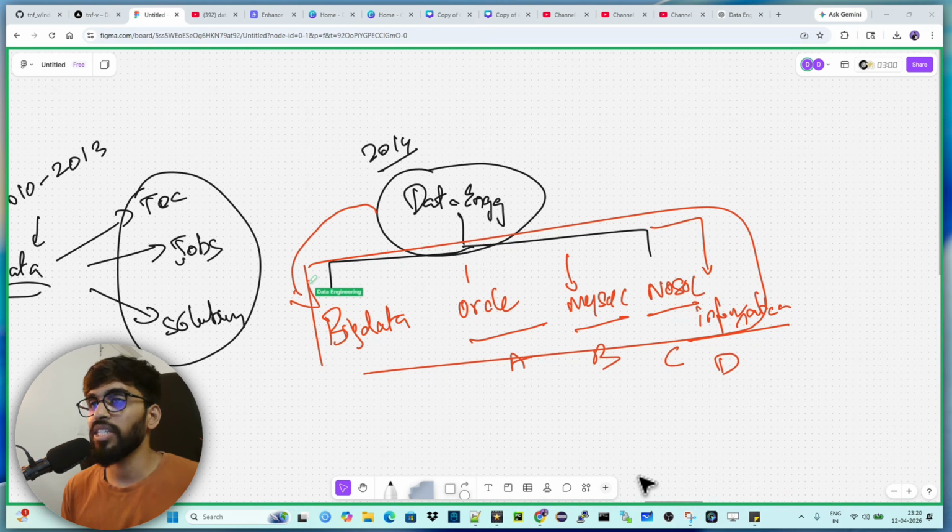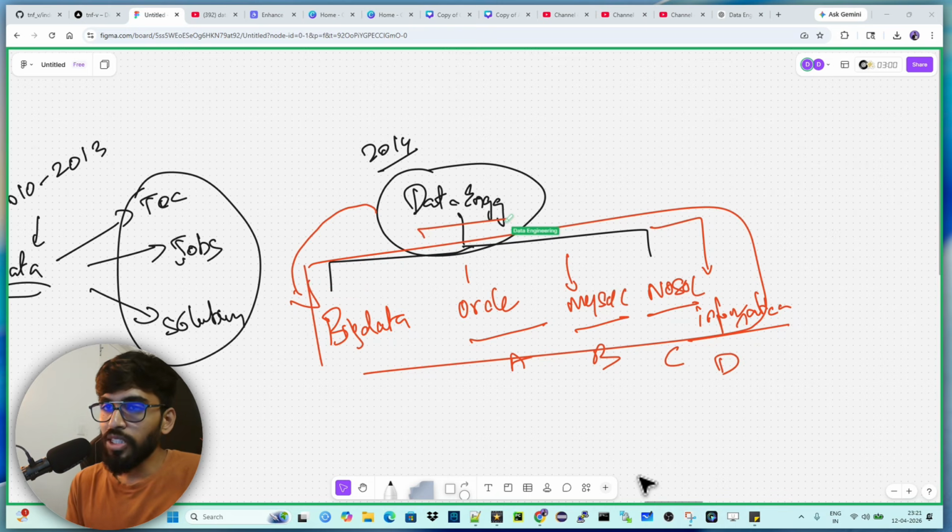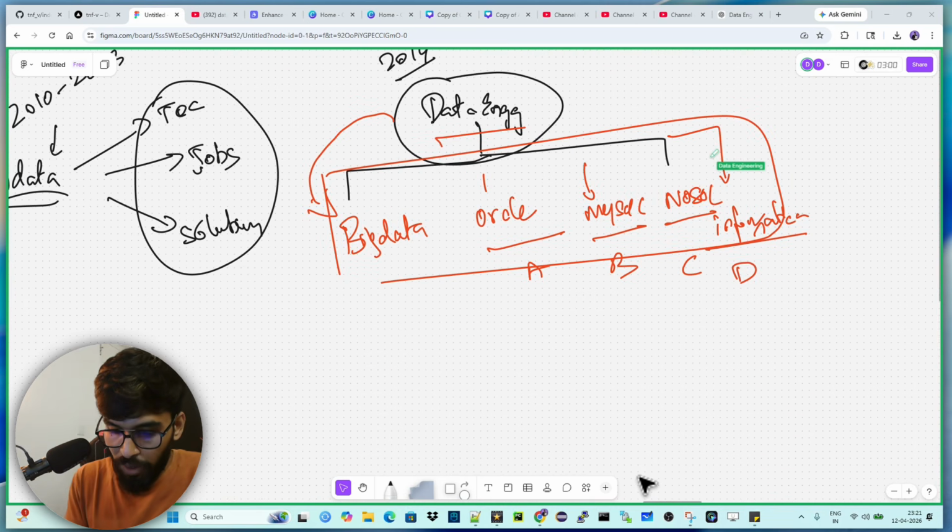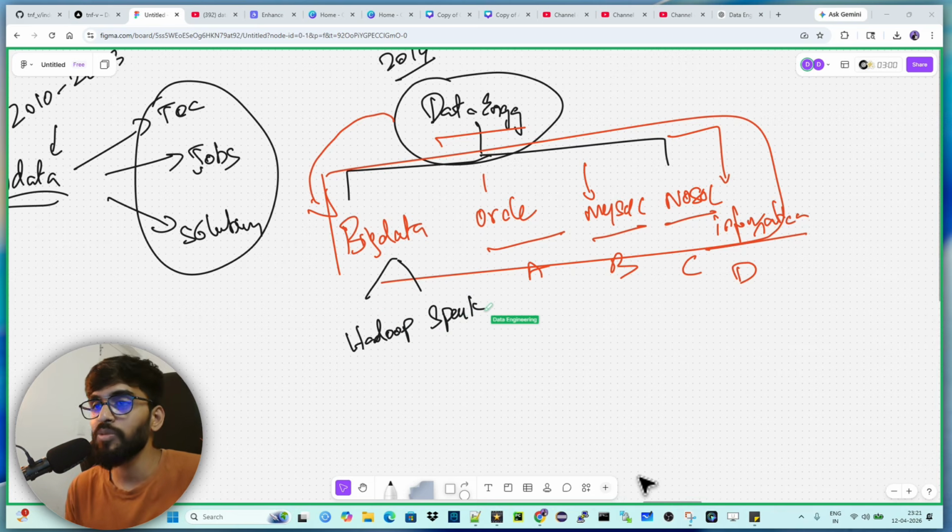big data also. Imagine that I'm an Oracle developer and I'm just projecting myself as a data engineer. But still what the market expects from me is that I should know big data also. They consider knowing big data mandatory when you say that you are a data engineer. That's how the market thinks. So whenever you say data engineering, people think that you should know big data as well. And when you say that you know big data, then by default they think that you should know Hadoop and Spark, or that you already know Hadoop and Spark.